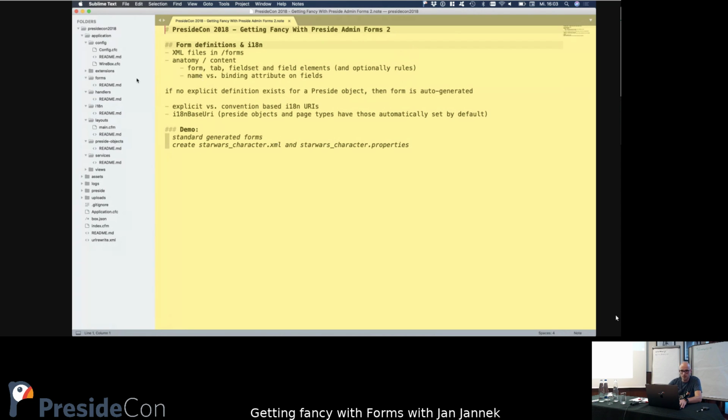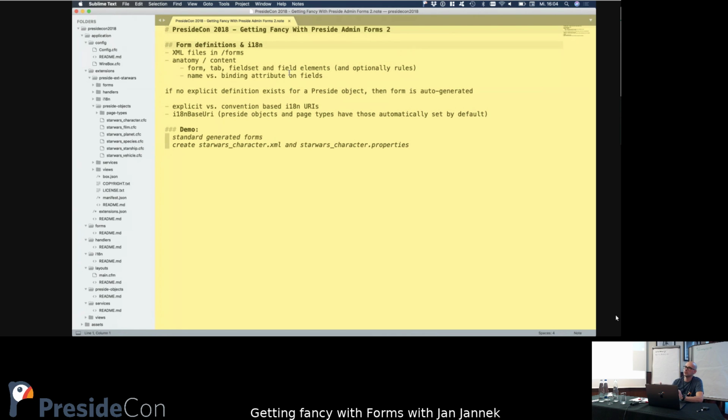To start, we have seen the Preside extension is here, which basically doesn't define anything. It defines a page type, which is a different thing, but for the Preside objects that we have, like Star Wars character, film, planet, species, starship, and vehicle, it doesn't define any forms yet. That means by default, if for an object Preside doesn't find any form definition at all, it just auto-generates on the fly what it thinks would be best